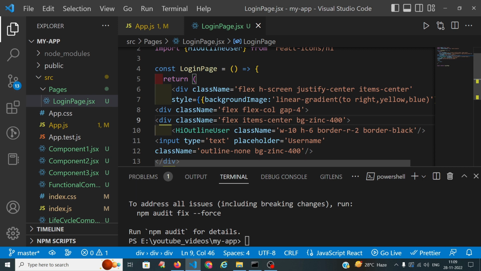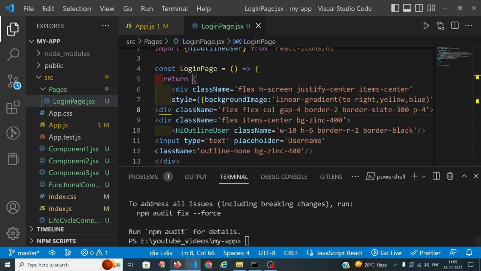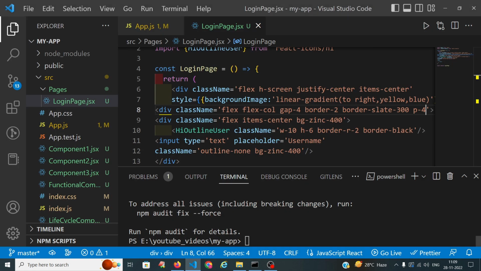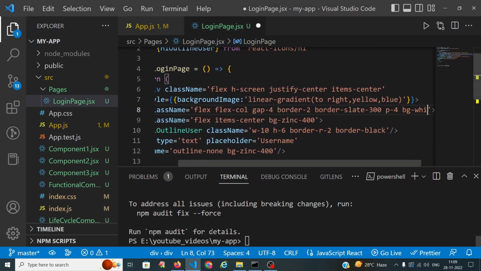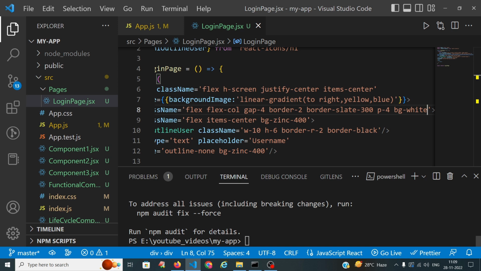And I want to apply the background color for the whole one. So I want to take here a border of 2, and that border I want in a gray color, so I am applying that only, and with a space of 4, you know, p for padding. So you can see that border, and I want that to be a white background. So our zinc, or nothing but a gray color, will be visible in a good manner. So you can see now it is very nice,